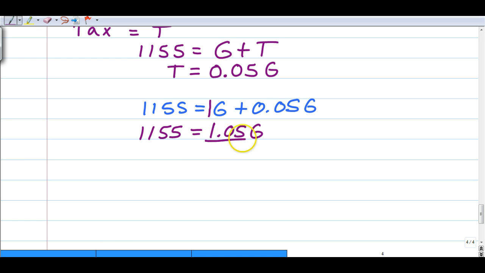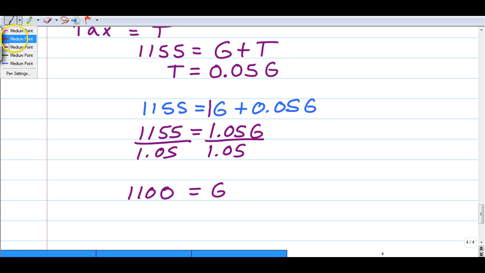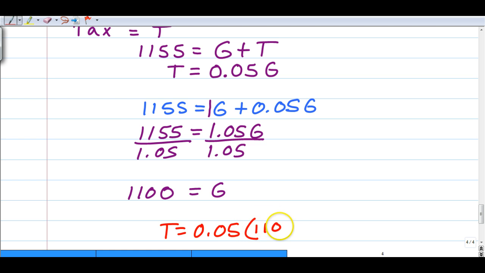We're going to continue. We want to get that G alone, so we'll divide out that 1.05 that's multiplying to it. We'll divide that out, and we're left with G being equal to $1,100. That's the goods. But the question reads, find the amount that is tax. Well, we have a formula up here for tax. Tax is equal to 0.05 times the goods. We know what goods are. So we'll come back, we'll take that original formula, that T equals 0.05 times the goods, which we now found to be 1,100,